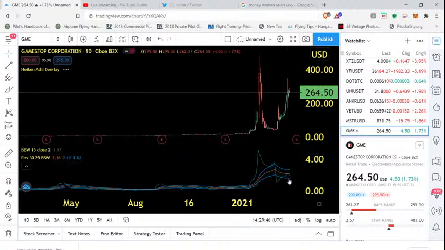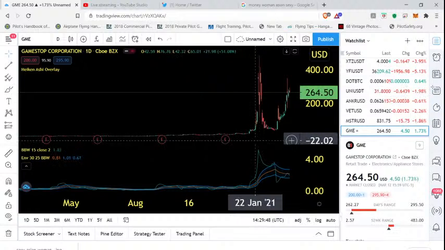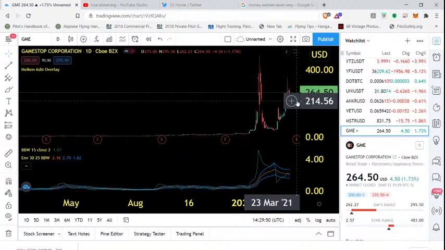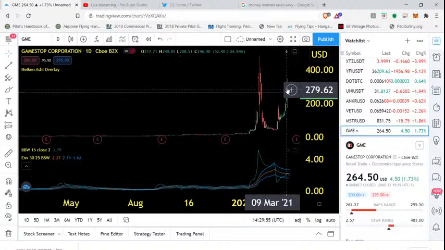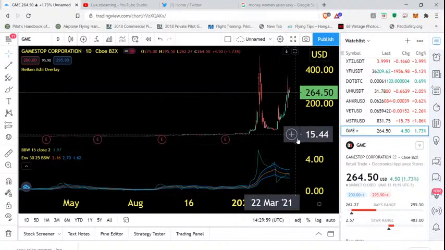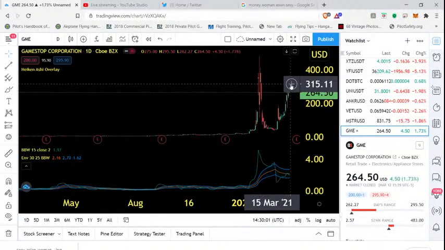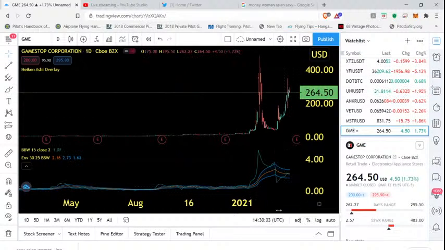GameStop, I was wrong about this one. It continues to climb. It doesn't look too bad, quite honestly. We are starting to see some distribution, crazy wicks at the top and crazy wicks on both sides, but more so on the top. So we are seeing some distribution patterns happening there, but it continues to climb as the Wall Street Bets people